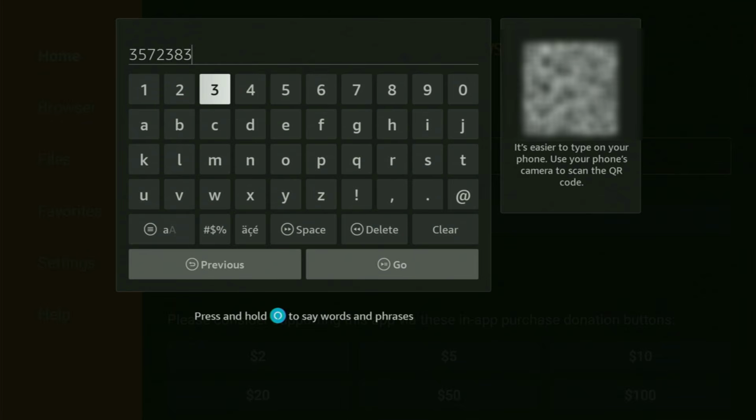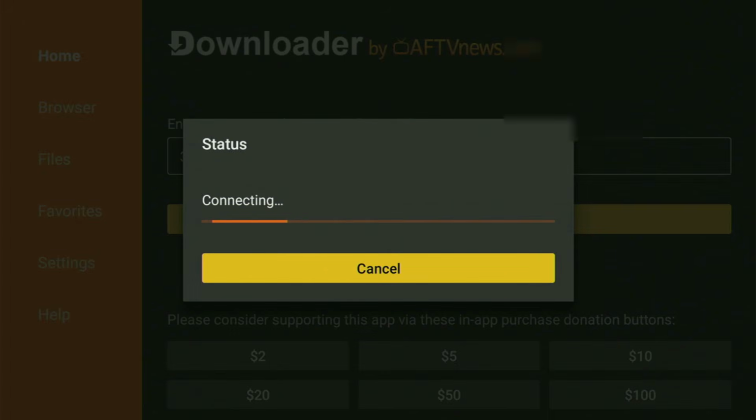3572383. Again, 3572383. That is the code you have to enter. Then just click go, and while it's loading,